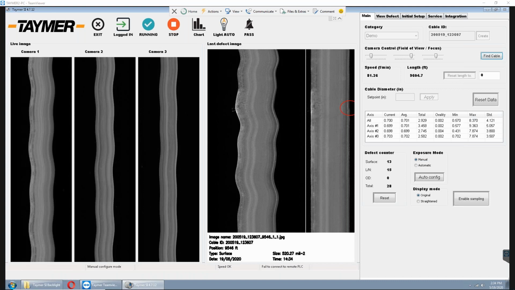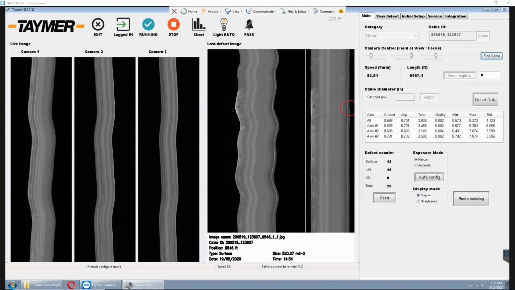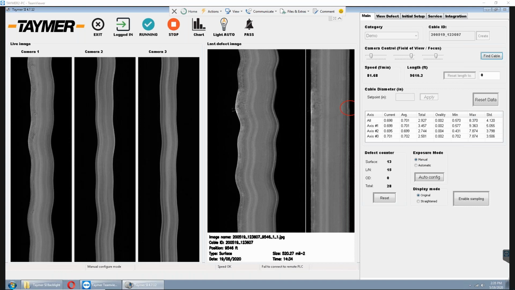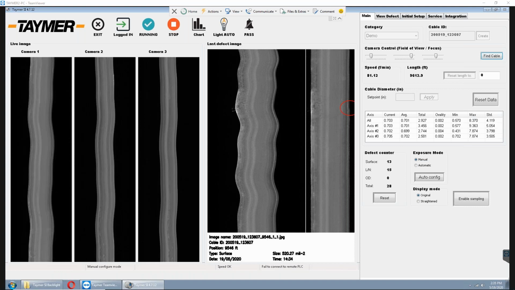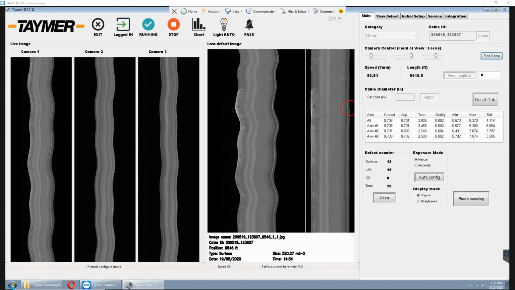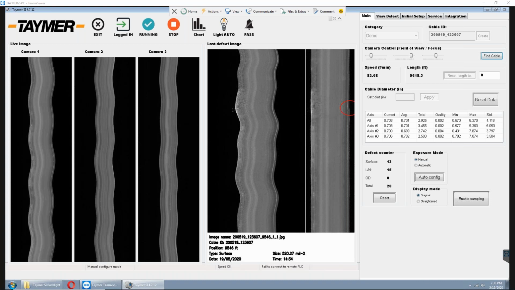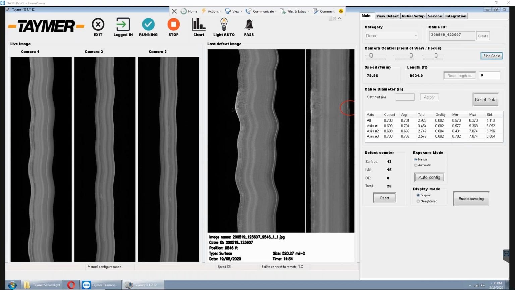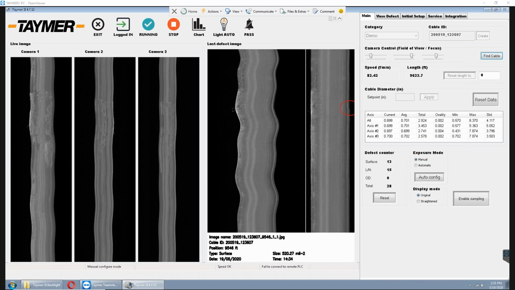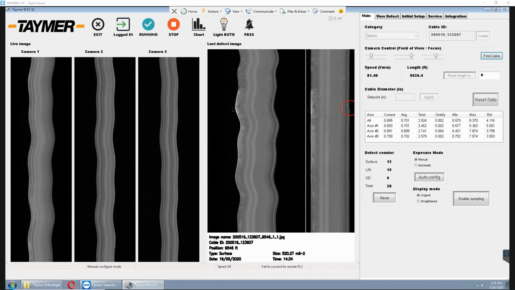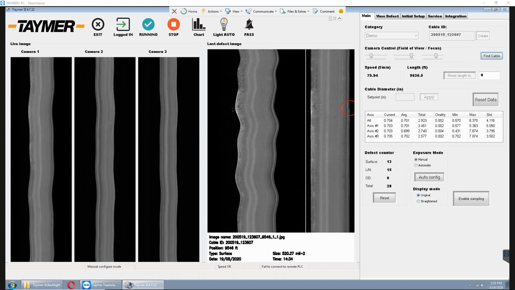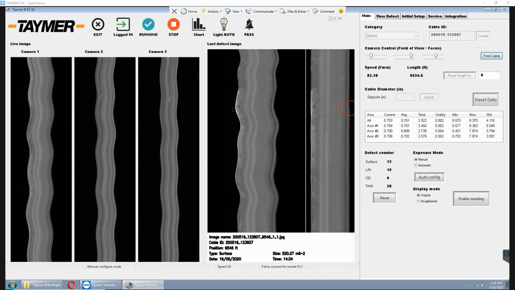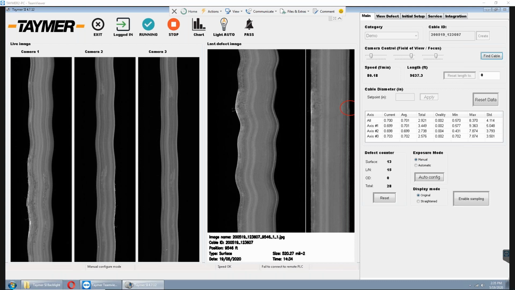there could also be instead of a lump, it could be a neck. If say there's a distance between the conductors, that could get picked up as well as a neck down almost, as opposed to a lump. But yeah, the challenge that we see is that because the OD fluctuates in and out with every twist, a lot